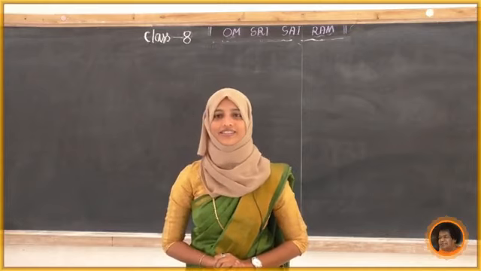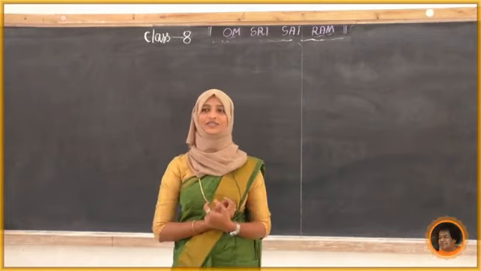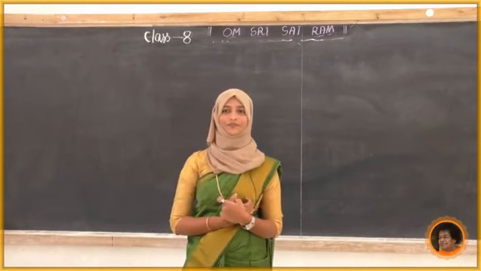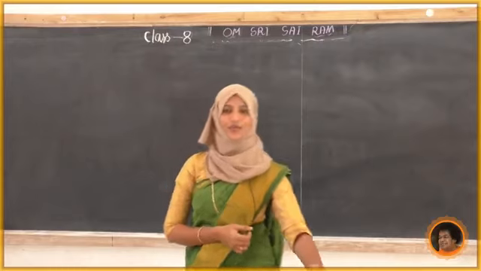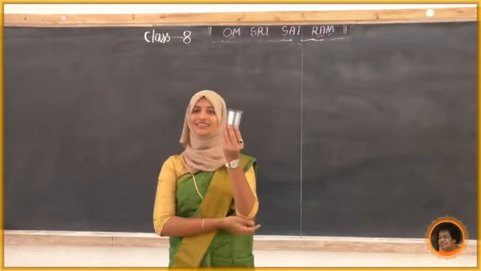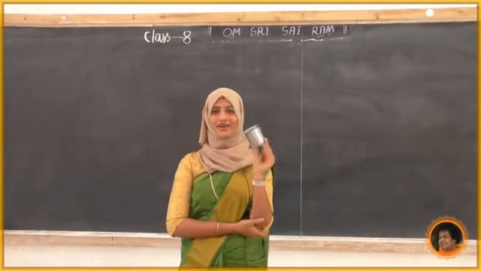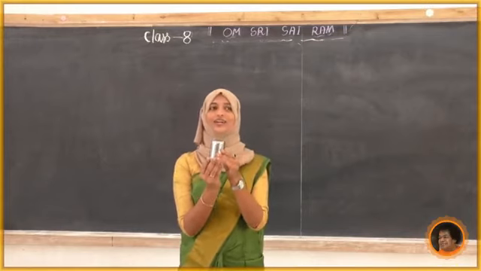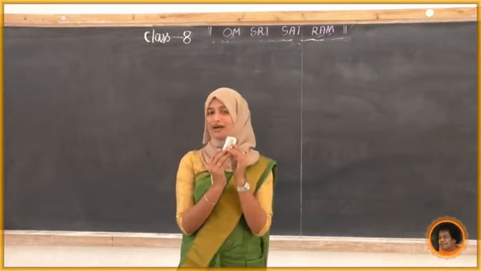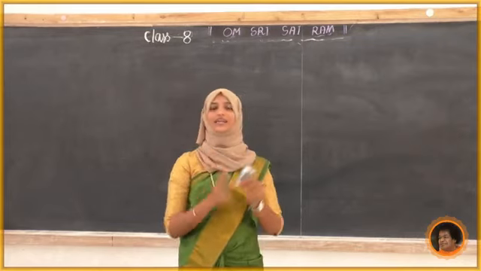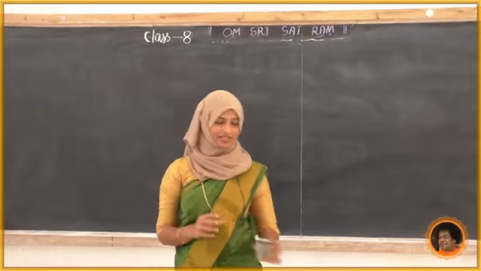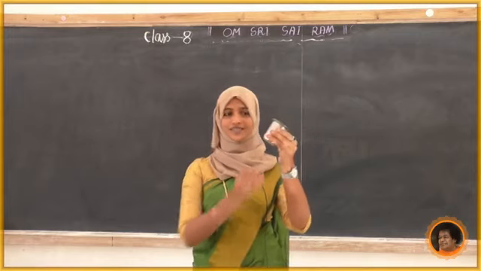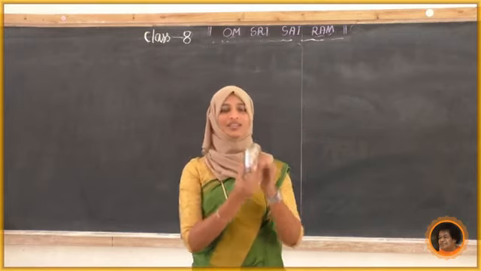Now I will tell you some materials that are in my surroundings. First, we can see a steel bottle, a steel glass. Now tell me whether it is shiny or dull. Yes, it is very shiny. So write it down in the column: shiny. It is my observation; you can write your own. Next, whether it is hard or soft, or not very hard. Yes, it is very hard. So write down: hard.